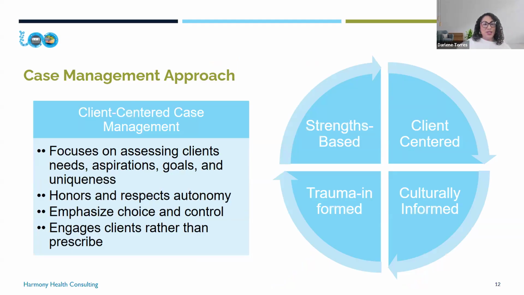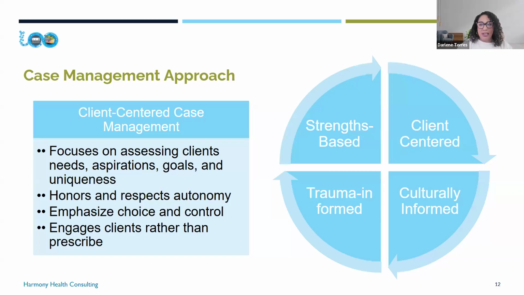Case management approach. Again, it's a really good visual. And this slide really ties together the core principles that guide effective case management. No matter what population we are working with, children, youth and families, high utilizers, unhoused clients, these four approaches shape how we build relationships and support change. So let's start on the left side if we can. So client centered, I'm sorry, the right side.